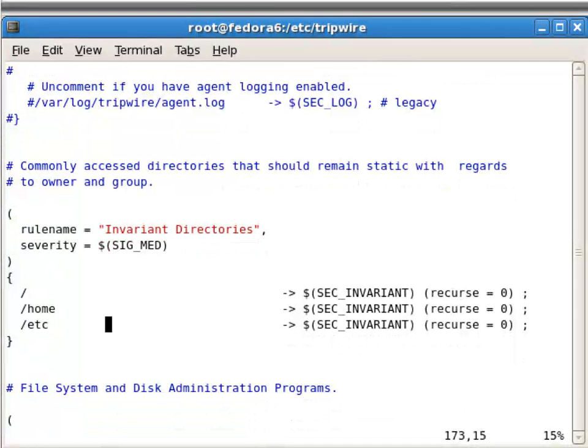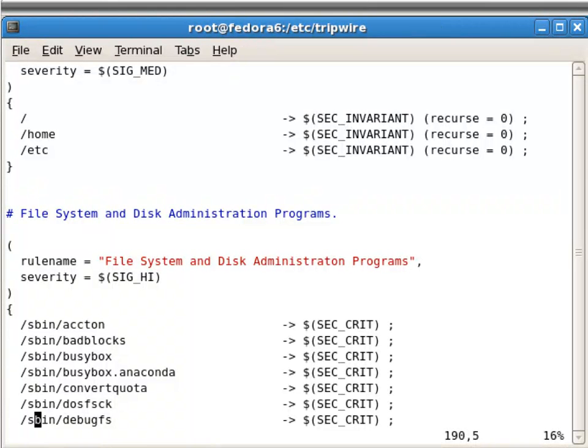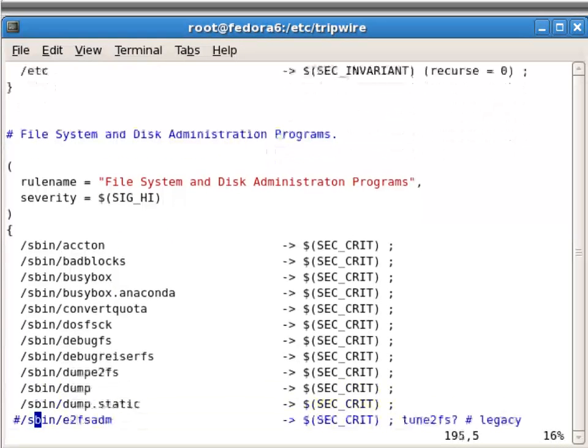Here for invariant directories, what that means is that some of the files are probably going to be changing in home and etc, because home will be your data files and etc will be your configuration files for your system. What we don't want changed here is the ownership of the home and etc directories. So notice that it says recurse equals 0. That means just check the ownership of the home and etc directories, but do not check the files underneath. We don't want the file and disk administration programs to change,